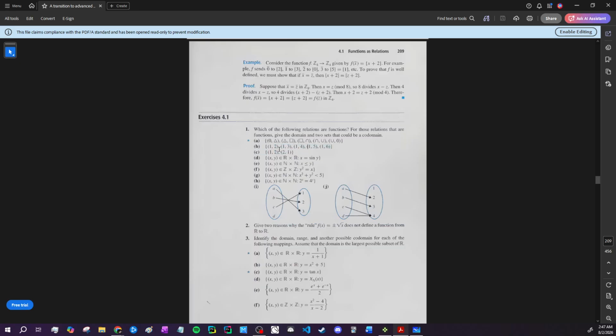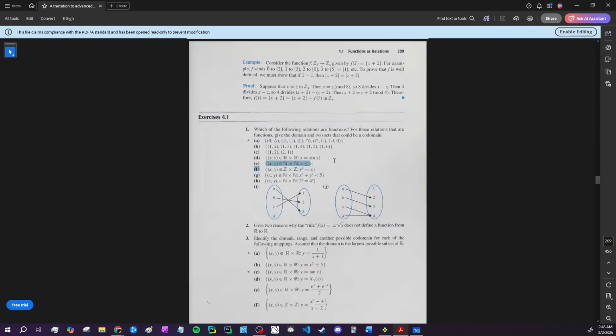This obviously is not a function because (1, 1) and (1, 2) are not functions. For 1a, we can see that every single x is distinct, which is probably the defining feature of a function. All x's need to be distinct. But yeah, let me just